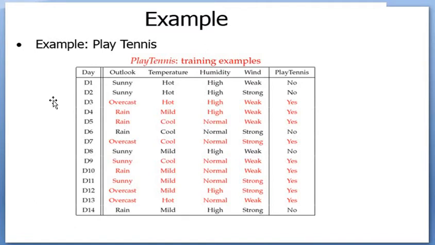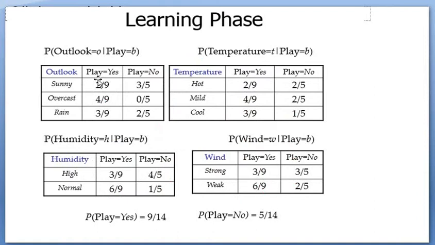How many sunnies are giving the result yes? The yes values are written in red so that we can classify them distinctively. As you can see, 1 and 2. Hence the probability of sunny given yes is 2 by 9, where 2 is the number of sunny values with yes and the total yes values are 9.